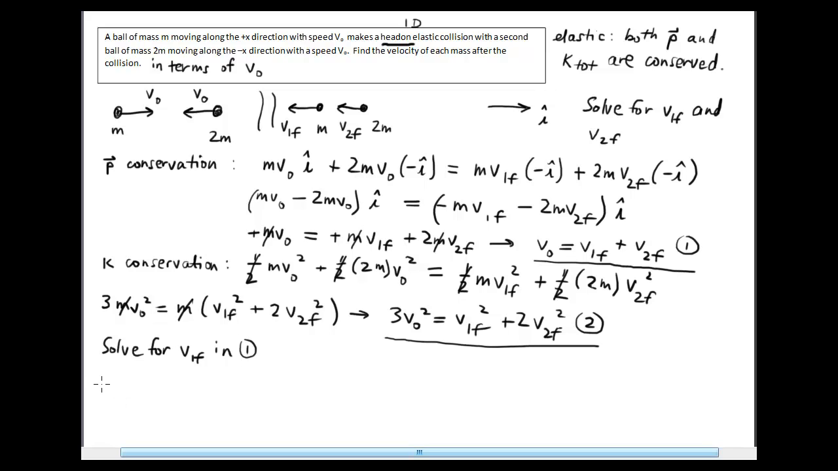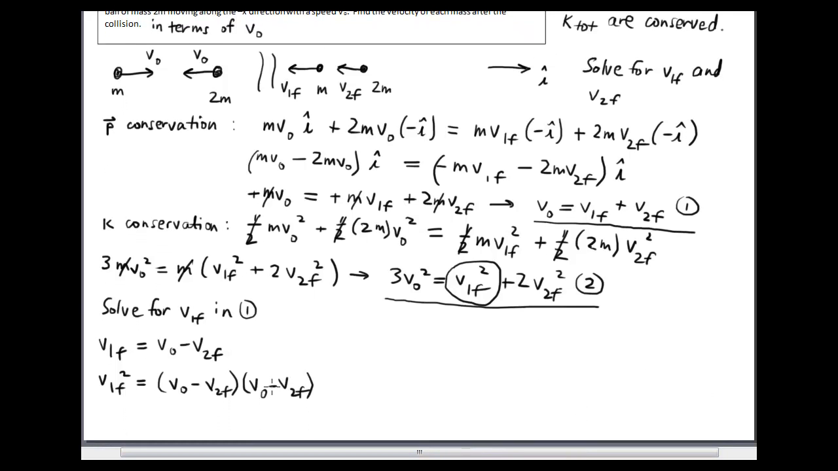And that gives me V1F equals V0 minus V2F. Well, now since I want to plug that in here, I'm going to have to square it, so I might as well now do the squaring. V1F squared, right, which will just be this term multiplied by itself. V0 minus V2F times V0 minus V2F. Well, that's going to be not too hard. I do have to remember a little bit of algebra to be able to FOIL those out, but this will give me V0 squared minus